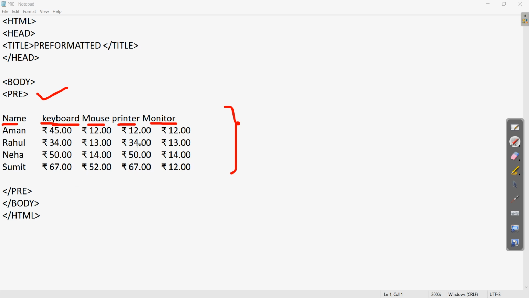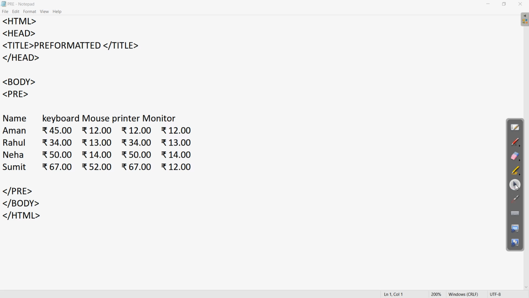Now if this is some formatting which is written in this notepad, and if we want to see a similar output on the web page without using any other additional HTML tags, for example the BR tag or the paragraph tag, then instead of that we can use the pre tag. Clear? Now this is saved with the name pre.